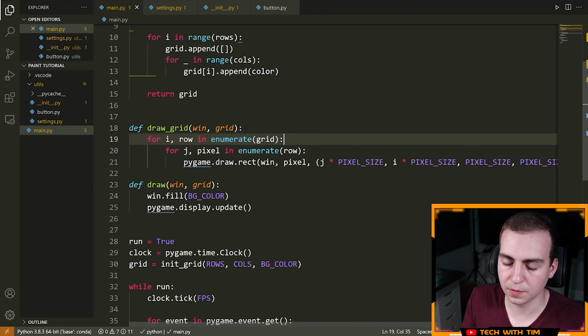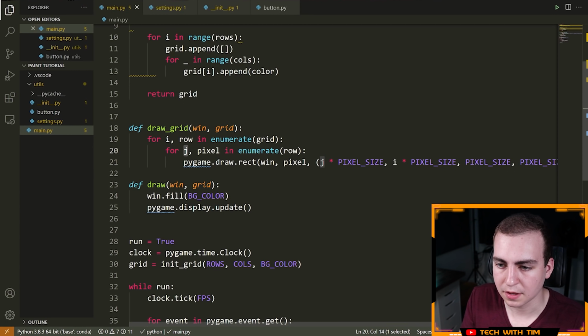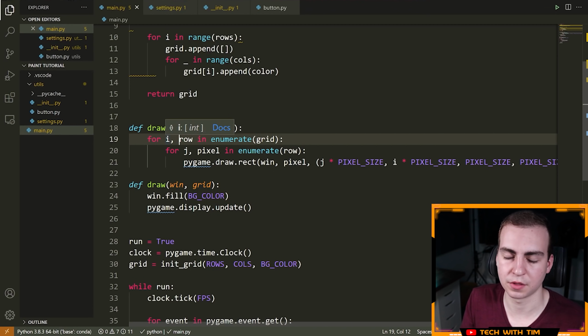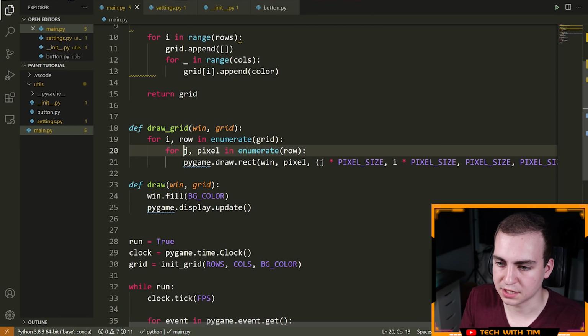So we obviously have a row, and we have a column for every one of our pixels, and that's represented by i and j. If i is equal to 0, we're on the 0th row, so the very first row. If j is equal to 5, we're on the 5th index column, which would really be the 6th column.